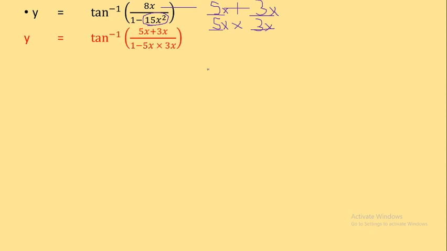So let us see how we are going to write it. So y is equal to tan inverse 5x plus 3x upon 1 minus 5x multiplied by 3x. Next step, this is the formula of tan inverse A plus tan inverse B. Okay, this is the formula for it. This is the only step which you should understand. तुम्हाला हे फक्त आलं पाहिजे, त्या टर्म्स मिळाल्या पाहिजे. That is the only thing which you have to remember.